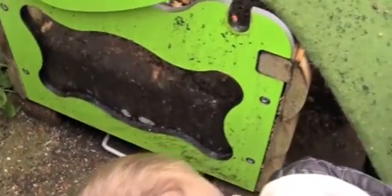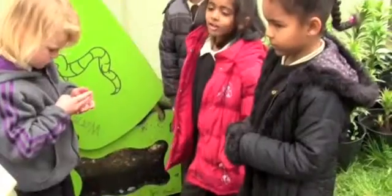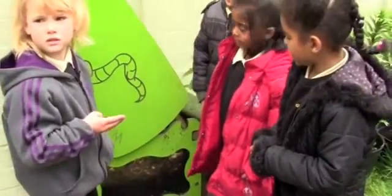Look, there's a worm. Worms eat the leftovers from our children at Charlton Manor, like banana skins and carrot peels and many more. How did you make the wormery? We used paper...